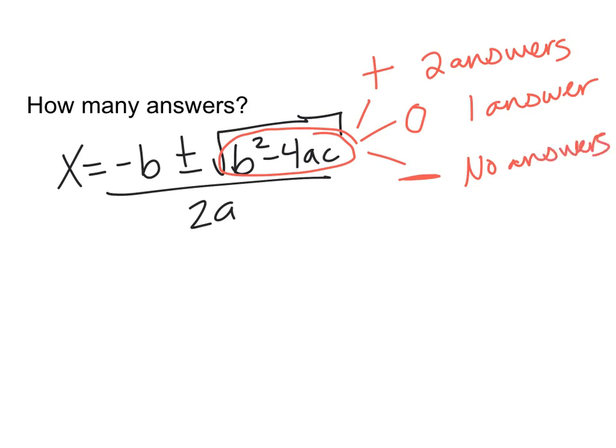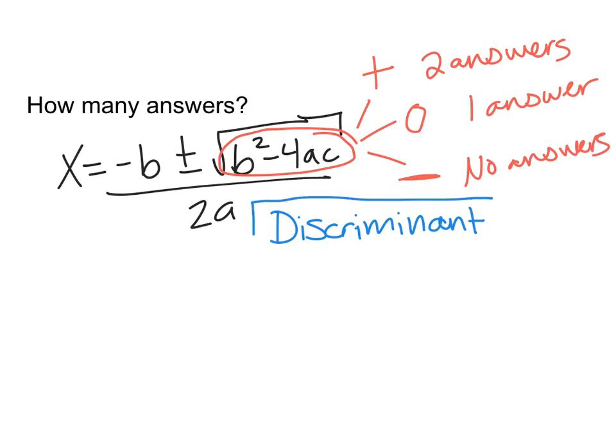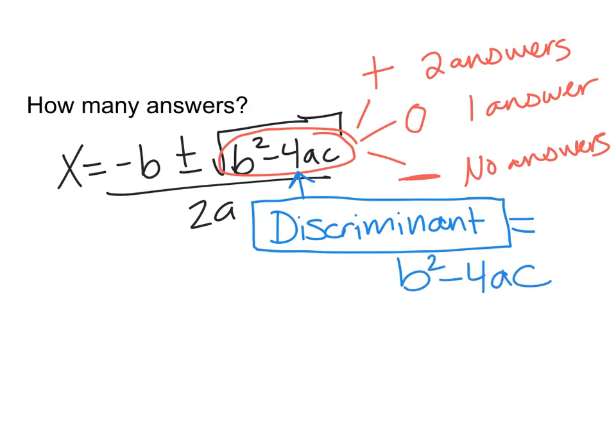This piece underneath the square root, the b squared minus 4ac, has a special name. It is called the discriminant, because it allows you to tell the difference between different types of quadratics without having to solve all the way. So the discriminant equals b squared minus 4ac,